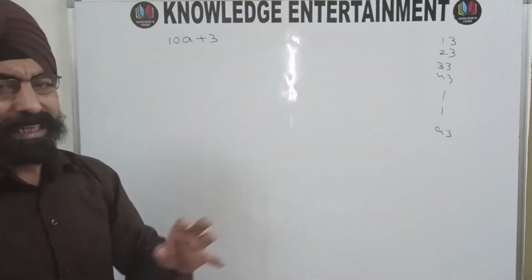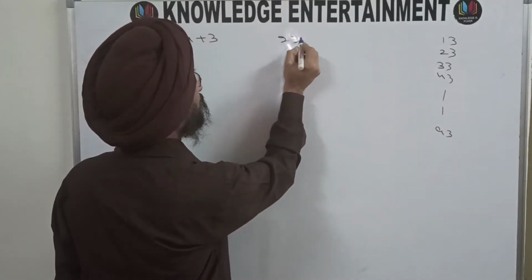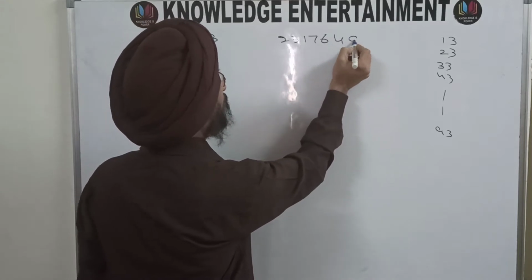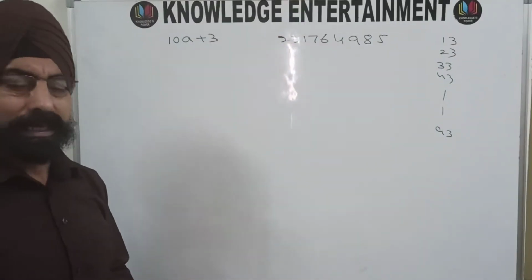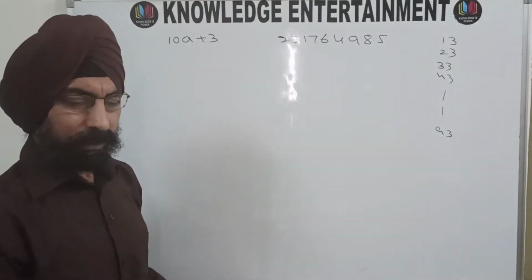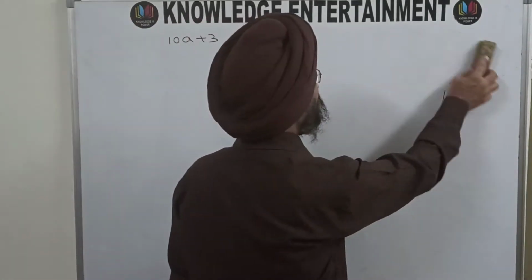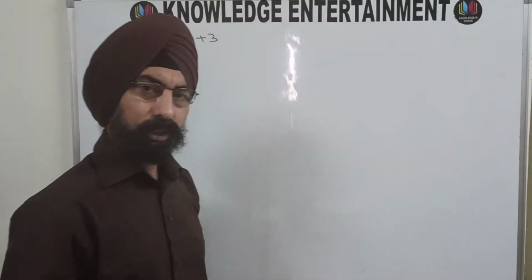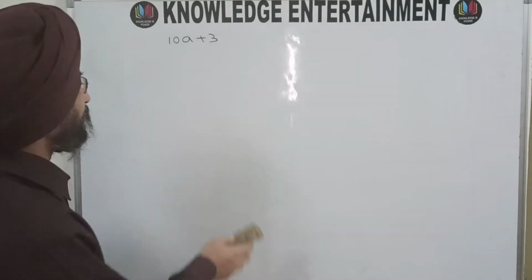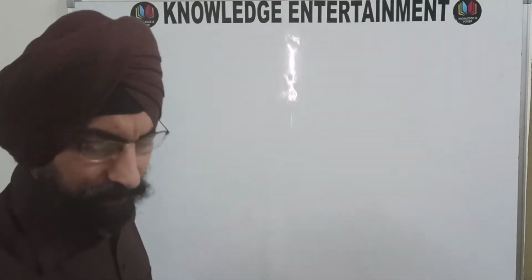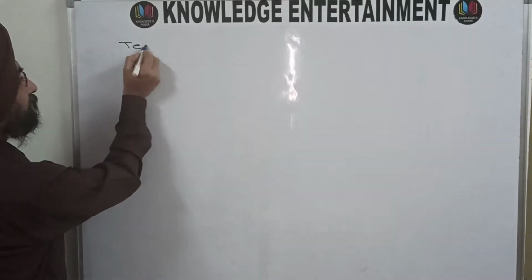In such a case, how do we check whether a large number is divisible? Suppose I am giving a large number 2, 3, 1, 7, 6, 4, 9, 8, 5 and I want to check whether this number is divisible by one of these numbers or not. So how do we check this divisibility? First I'll prove the theorem, then we'll discuss one or two examples and then we'll move on to the next. So the divisibility test is